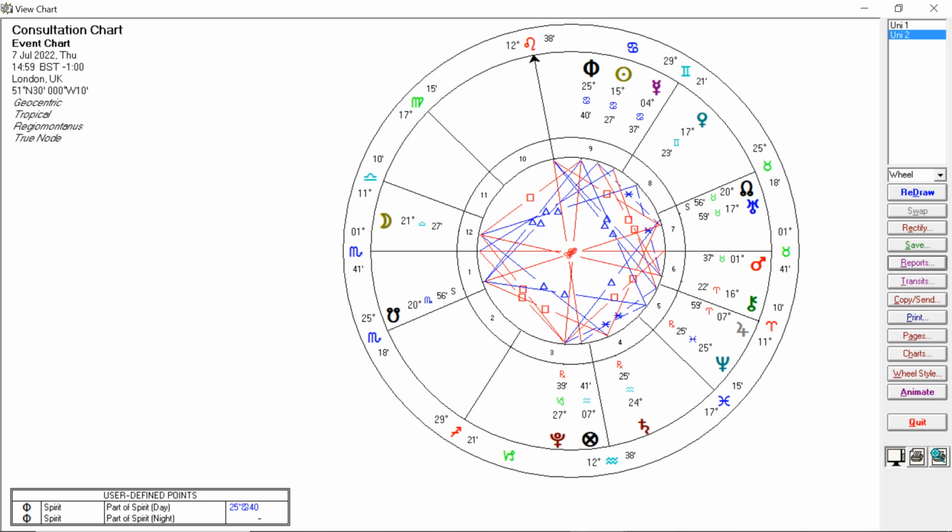And out of interest, Marcus, was the patient in and out of hospital a lot? I'm just interested with the Moon in the 12th. Yes, they were in and out, with frequent hospital appointments too. And this is where the Moon, they had a lot of lymphedema, a collection of fluid in their lower legs. And as we know, Aquarius rules the ankles, and the 12th house is one of the places that rules the feet. So you had the Moon in the 12th, lots of swelling, collection of fluid in the feet.